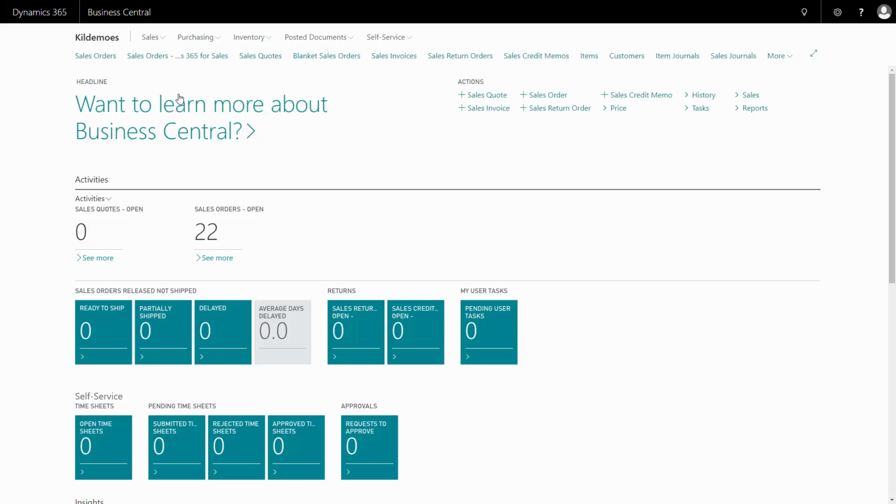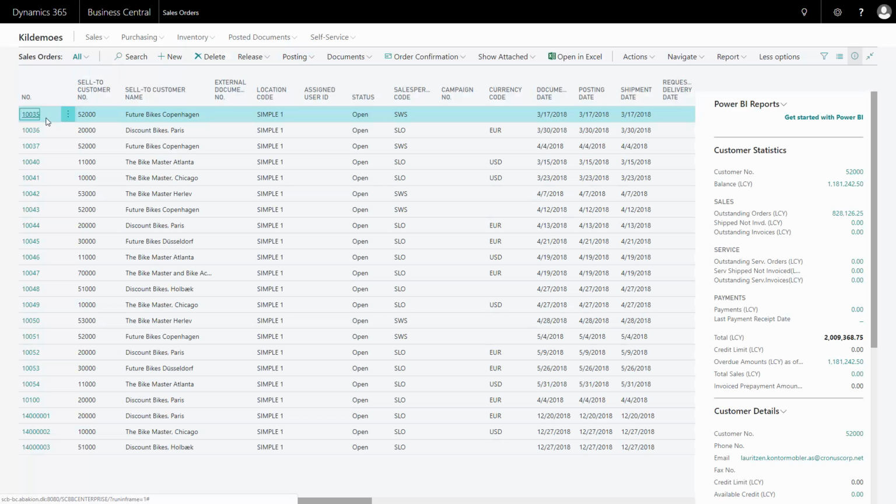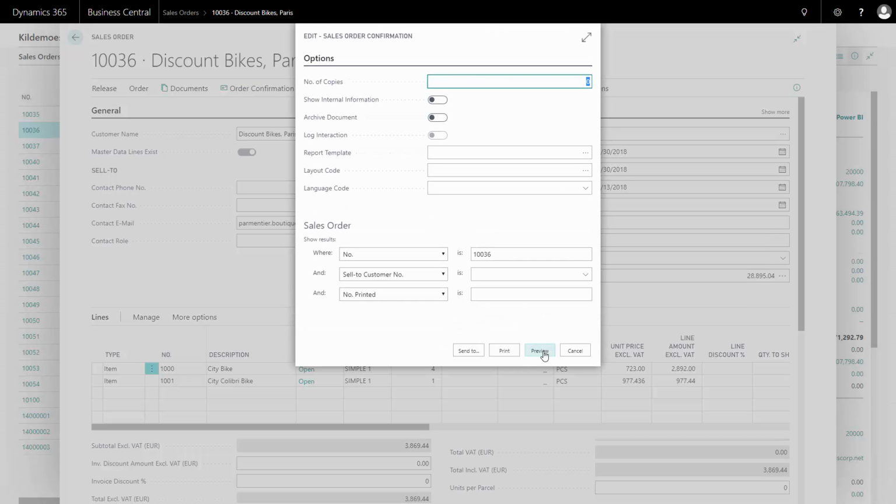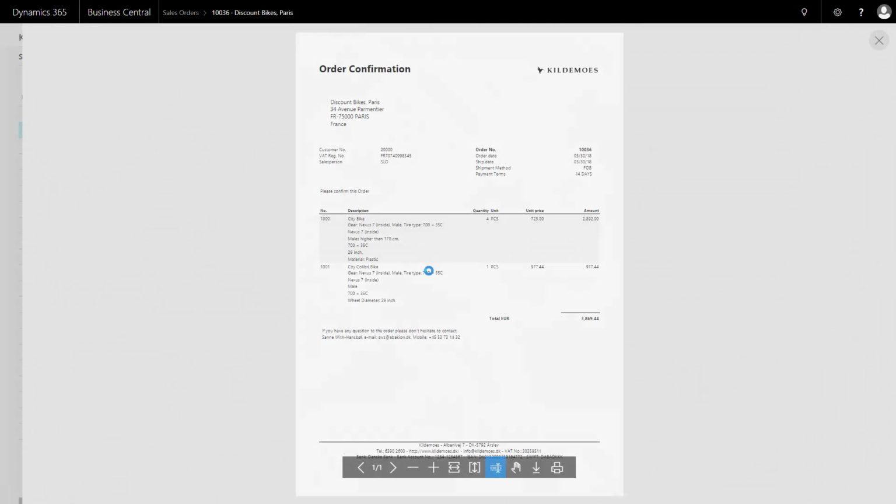With master data information, it's possible to insert default master data information on sales order headers and lines, and it's also possible to modify those and afterwards to transfer those to the posted documents. So in this example, I have a sales order here. I have modified it, and if I'm printing it in this case, I'm printing it using another add-on called Dynamic Reports, just to show you how it works.